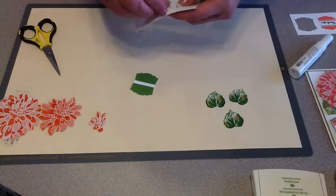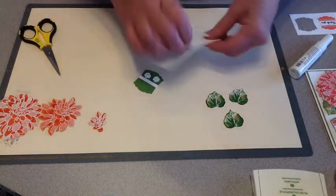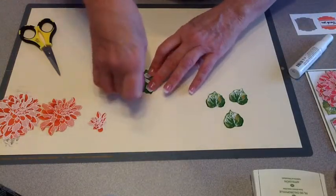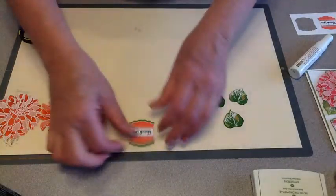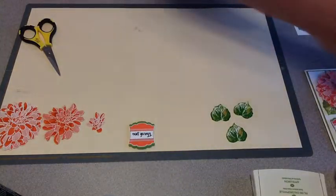And I'll probably put 4 on there just to make sure it stays on the card. Because this would be a card that would go in the mail. So you want to make sure it stays assembled till it gets to its destination. Okay, so there's our sentiment. There's our flower ready. Our leaves ready. And I have 2